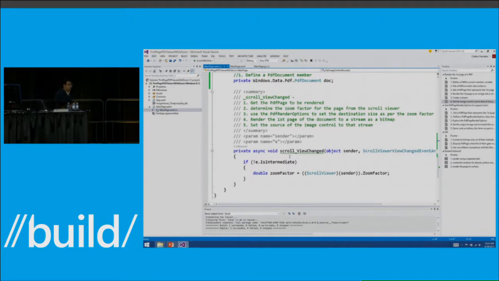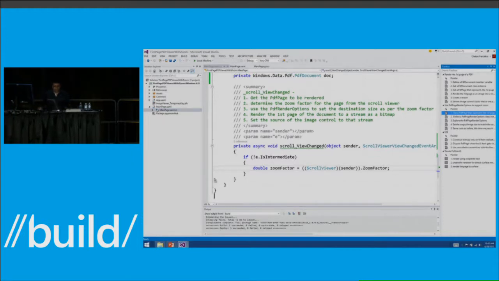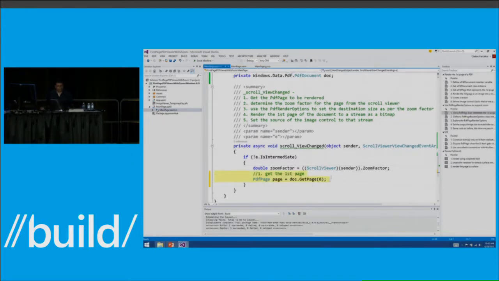So let's now add code that allows us to render PDF at this size, which is equal to the zoom factor. PDF, as we know, is made up of text and vector graphics, and ideally we would want to match the zoom size so that the image appears crisp. So let's see how that is done. So I'm going to first get the page just like I got above, the first page, which we are interested in.